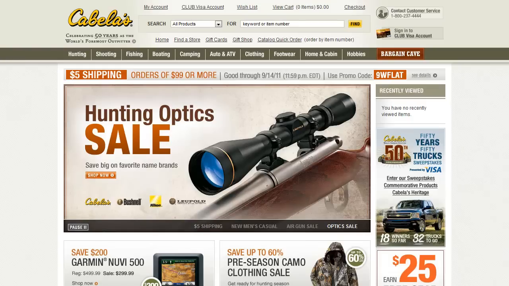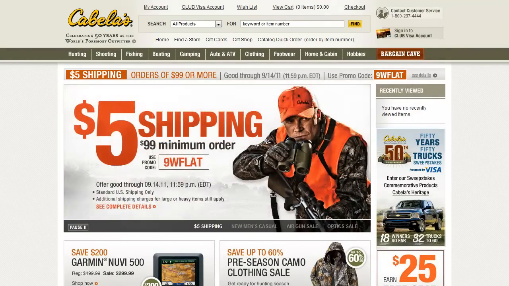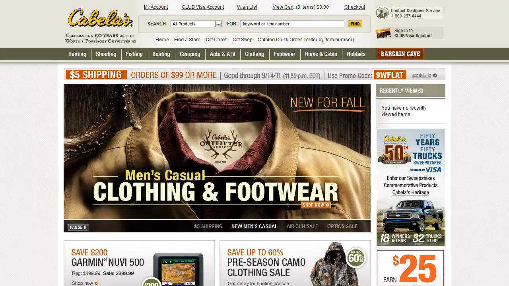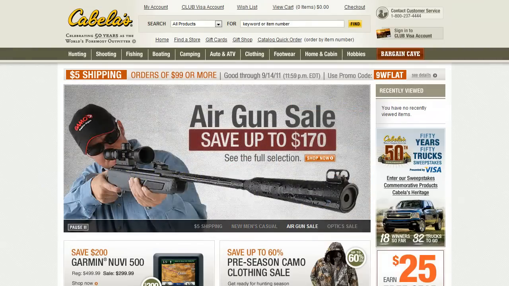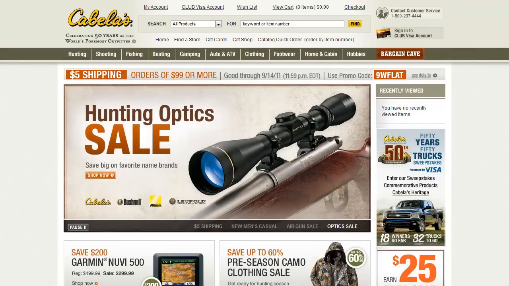Okay, so let's take a look at Cabelas.com, which is another successful e-commerce website, and you can see right away it has a lot of really nice call to actions and a very clean professional design. I've been looking at Cabelas.com for years, and what I love that they do is their main sliders, the $5 free shipping, the new men's casual, the air gun sale, and the optic sale, which is the slide we just see